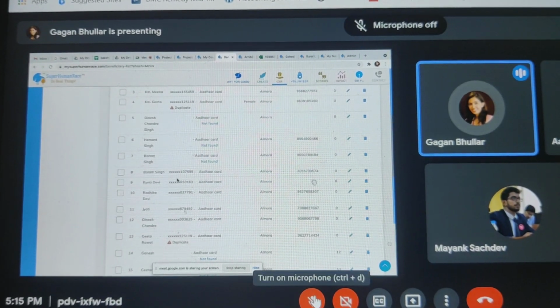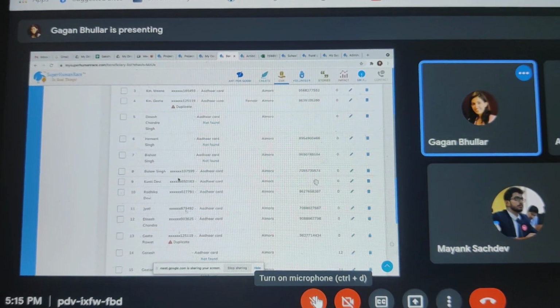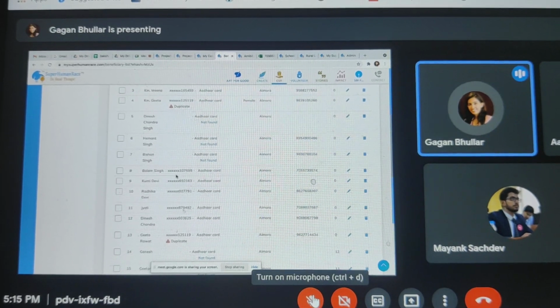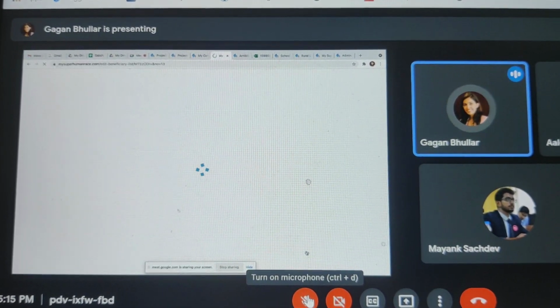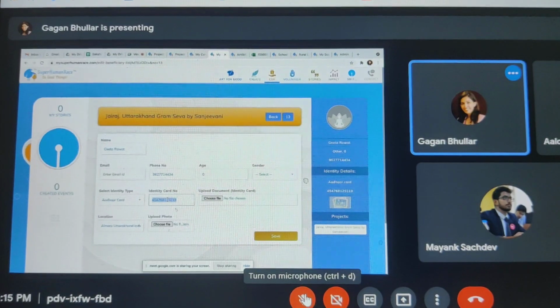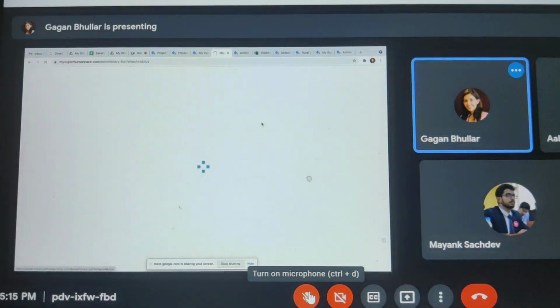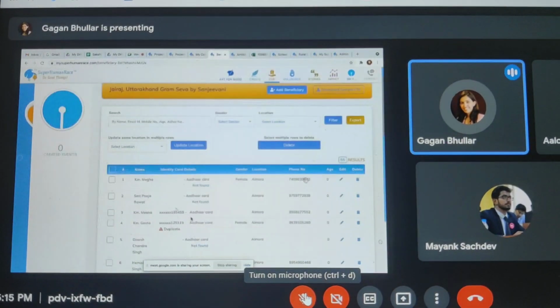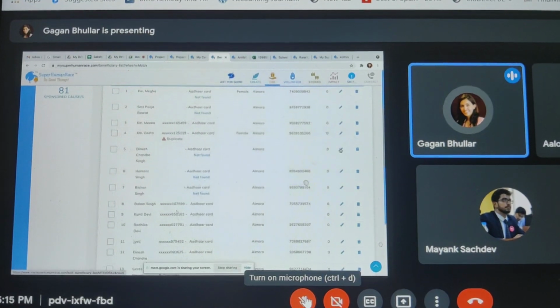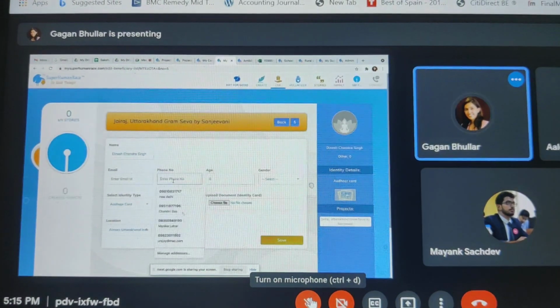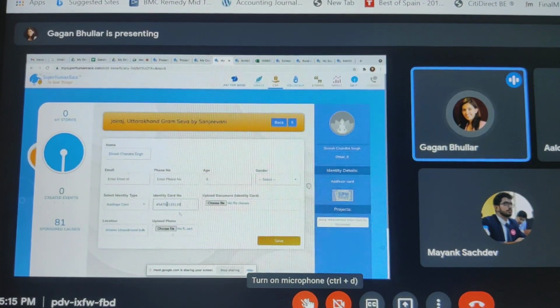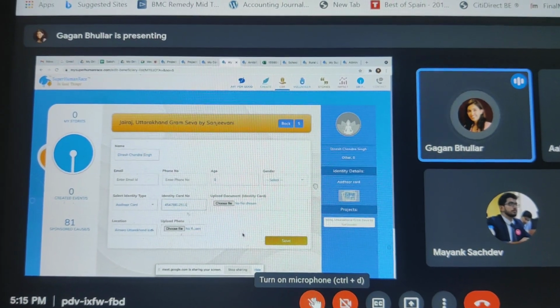Now, if an Aadhaar number is entered which is, say, invalid, it will flag it as invalid. I'll show you that also very quickly, maybe. So I'll just copy this, and it won't let me save it, by the way. If I go to the edit view here and try to save it as incorrect, if I try to remove a digit, it won't let me save it.